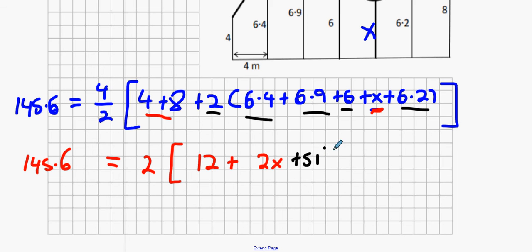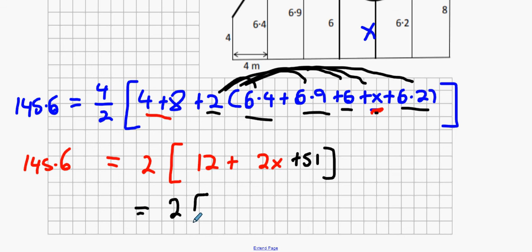I multiplied the 2 by everything and added them together. That gets you a 51, and it also gets you a 2x as well. Now, it's going to be 2 times 63 plus 2x. 2 times 63,